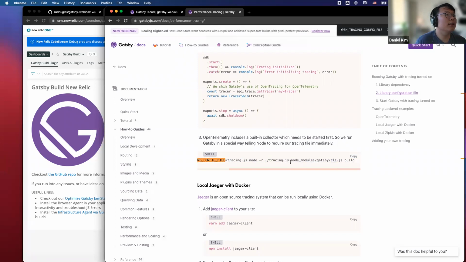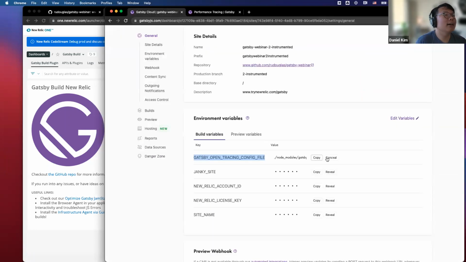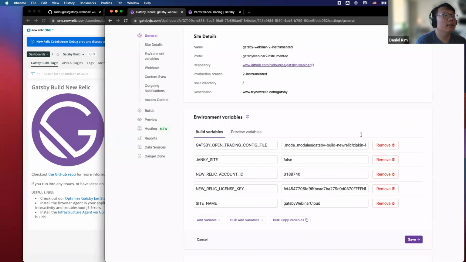Oh, it's just node modules. Okay, cool. I think the dot slash is messing it up. Let me edit that.